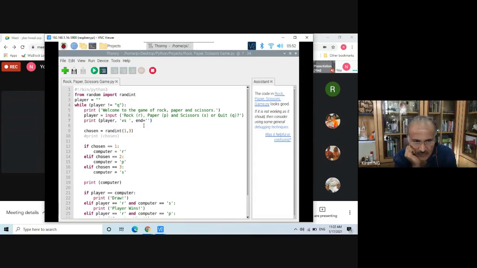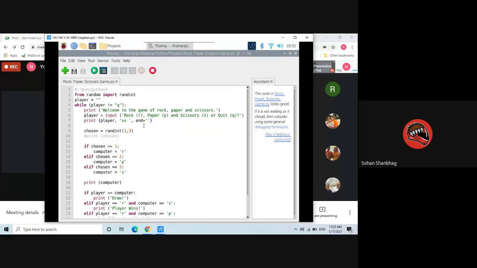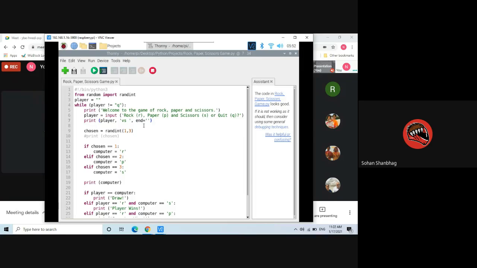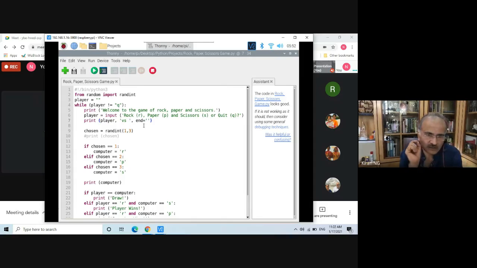Sohan, any explanation? Yes, uncle, because as you write, player input is equal to whatever they've chosen. That is happening because it's written right after the input, right? No, that's okay. But how is it substituting whatever you are inputting? That player, versus, after versus, where is that string coming from?